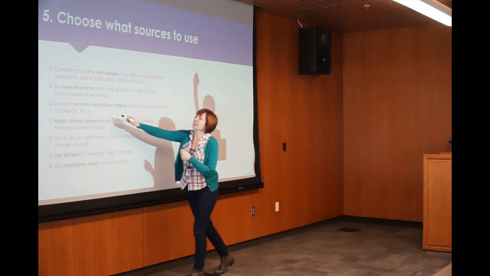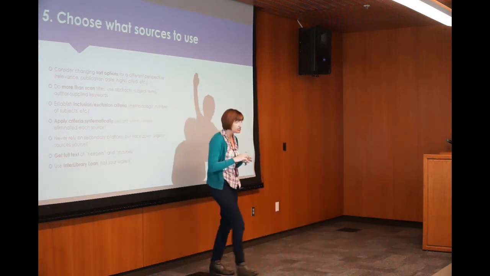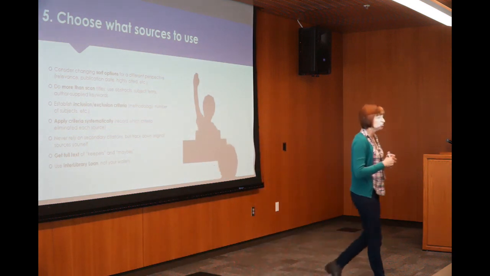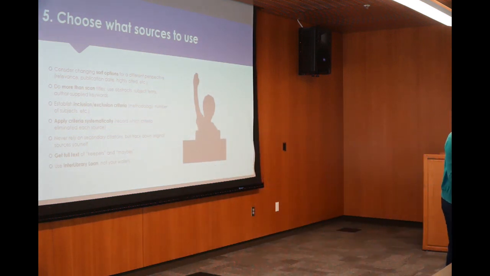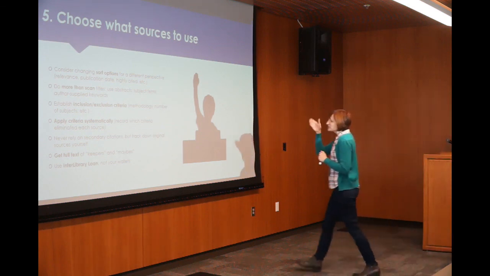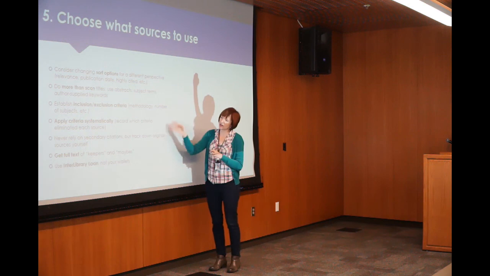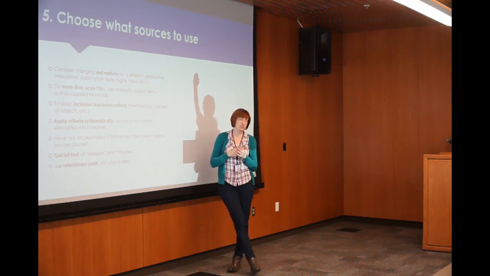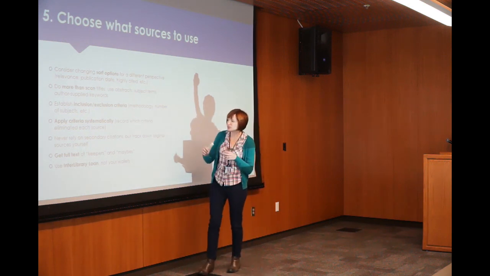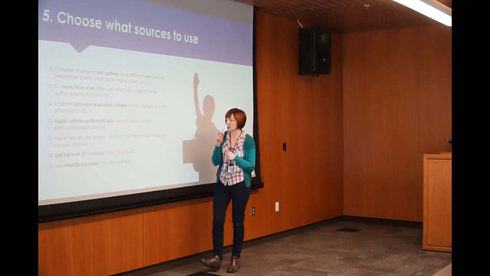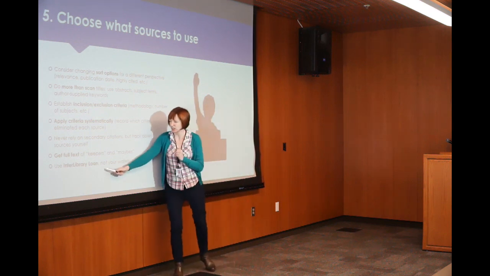So there can be an inclusion-exclusion criteria, which can be really helpful. Because if you're saying, I'm just looking at any publications after 19, that's really easy. I'm looking for things about this population, not that population. These sorts of things can help you narrow the scope, if that makes sense. And you might want to talk to your committee or your chair about this too, so it should help. But the last one here, and the one that I think is really most important, is please do not